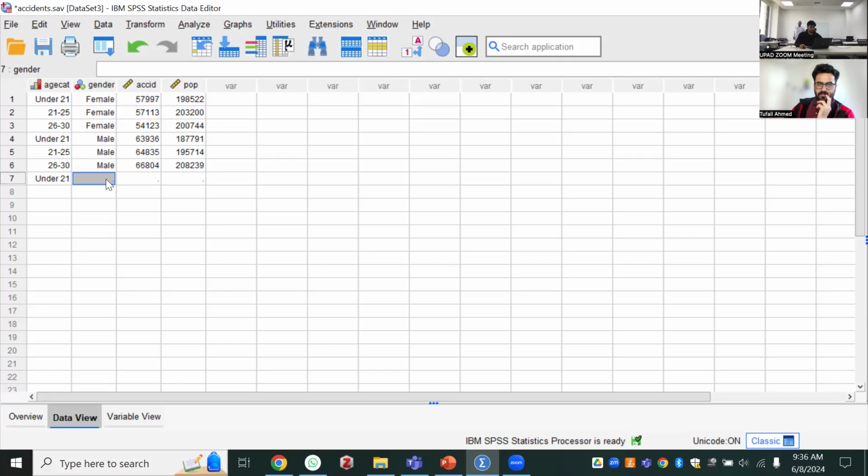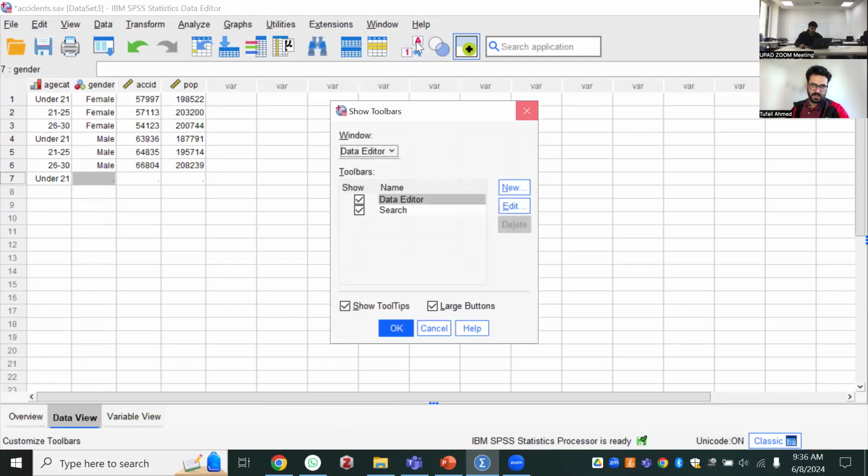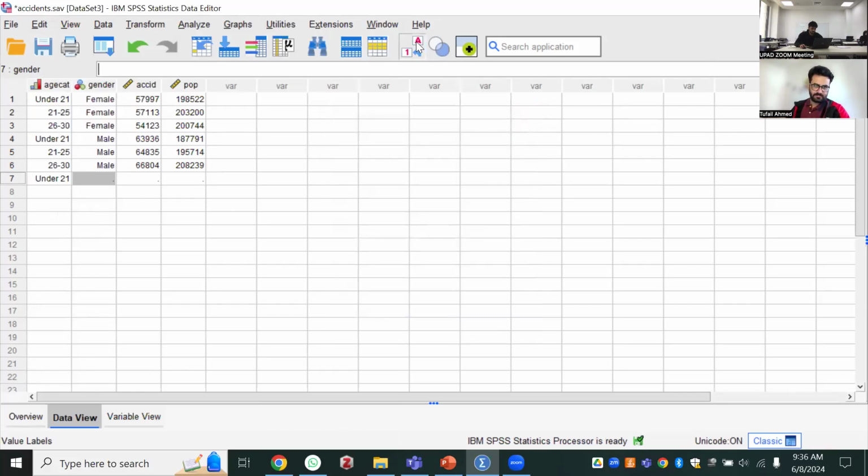So Tufail, actually, in the top part of the interface where we see a plus button, next to that there is a button of A and 1. If we click on this one, then it works. It shows categories. Now your sound is gone. Please unmute. Okay, so they were seeing the number, not the categories. Yeah, that is what this function does.